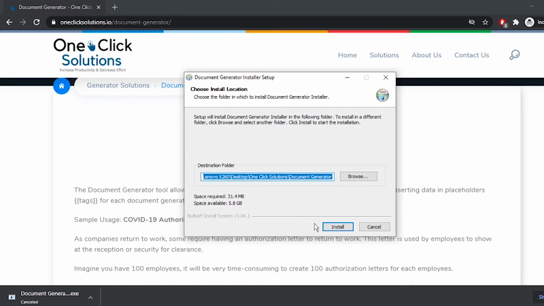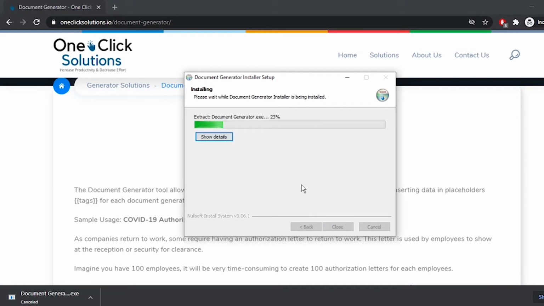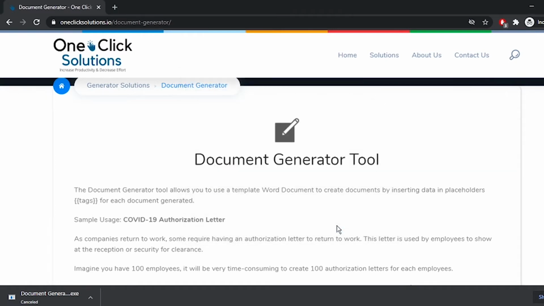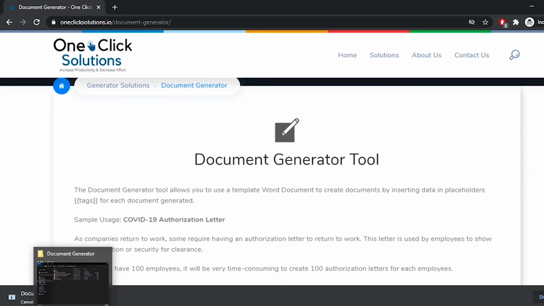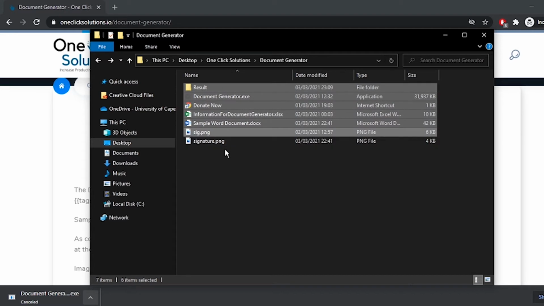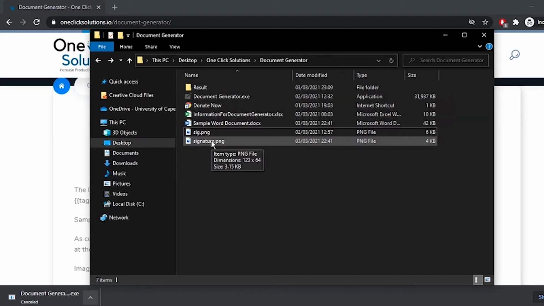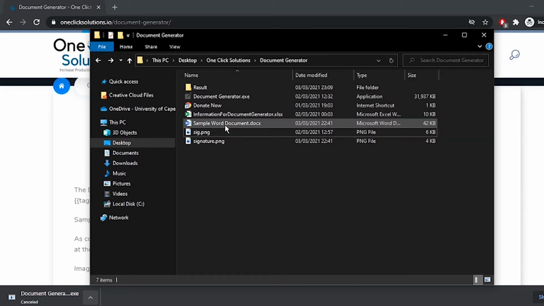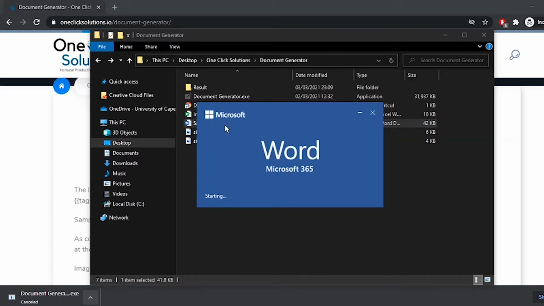So now that you reach the setup, you click on install and let the program install. Once that is done, you click on close, and to find the file, you go to desktop, OnePlex Solutions, document generator. You will be given all of these files. I've pasted the image file we will be using for this case. Now, you can open the sample Word document, which we are going to be using, which is a COVID-19 authorization